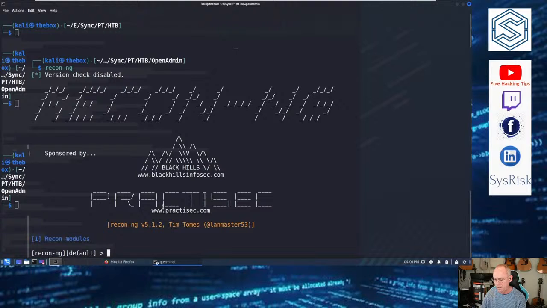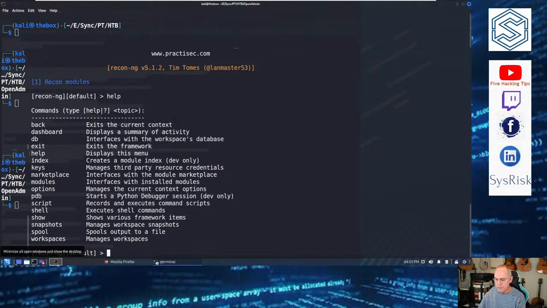command line. And right here, I can type help, and that's the first thing that they show in the thing. So as you can see, there's a prompt right there, and it's kind of like Metasploit, and the help, and you can also make shell commands from within this interface by preceding it with shell. There's also another, I think it's a shebang, and it'll run a shell command as well. And then you can basically load modules that you download. Like I was talking about here, there's a marketplace